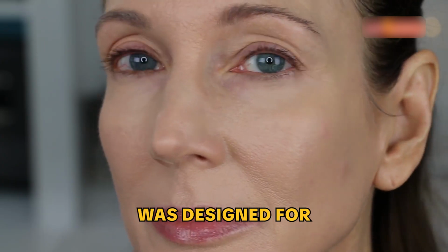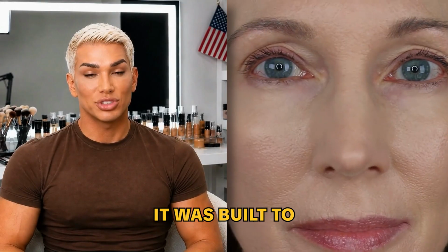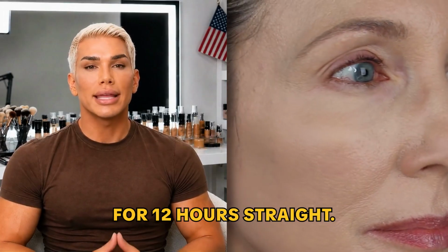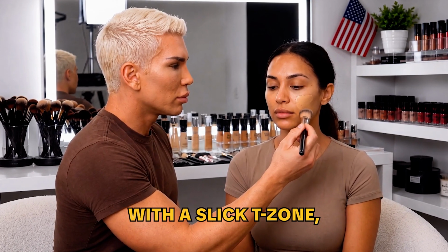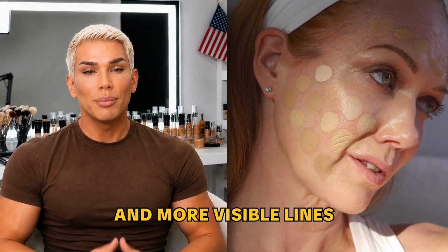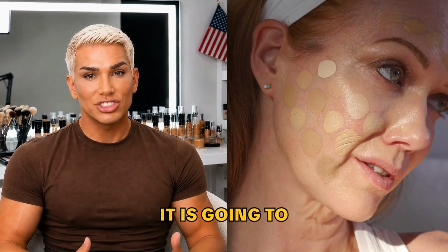This formula was designed for oily skin. It was built to stay matte, stay locked in, and not move for 12 hours straight. If you are 28 with a slick T-zone, that is exactly what you want. If you are 52 with drier skin and more visible lines around the mouth, it is going to feel like